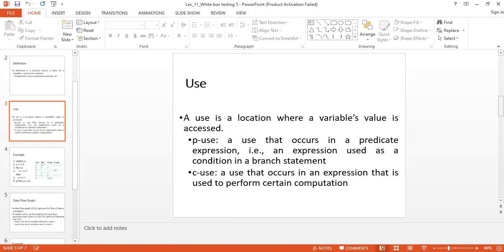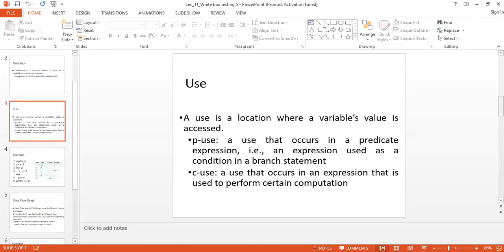If you are using data in a condition, evaluating it in a condition, something like if x equals y, we can say these kinds of uses are predicate expressions. To denote this predicate usage, in short we say p-use.